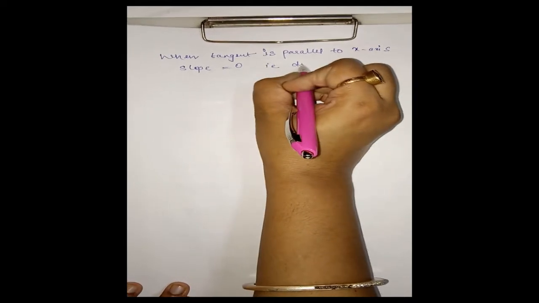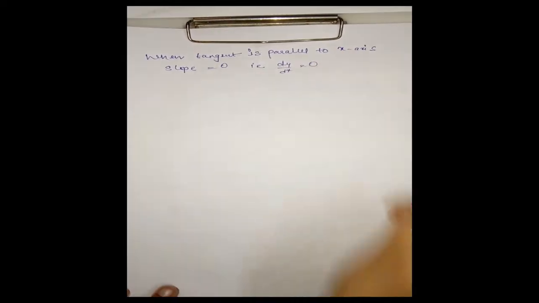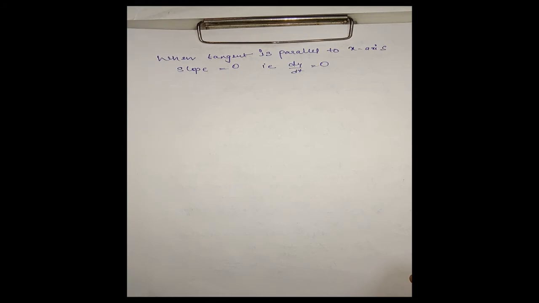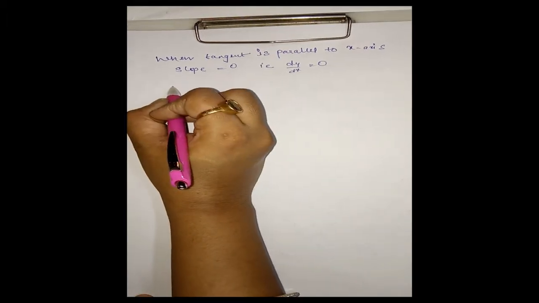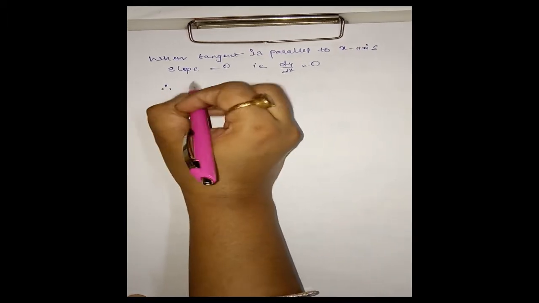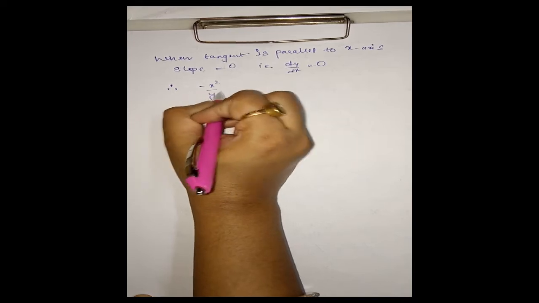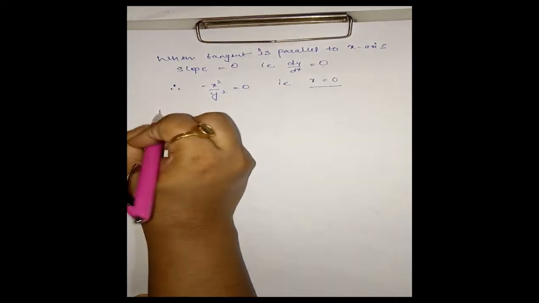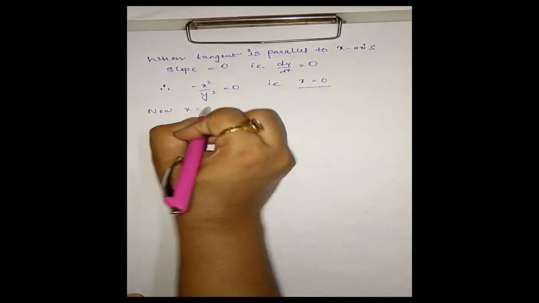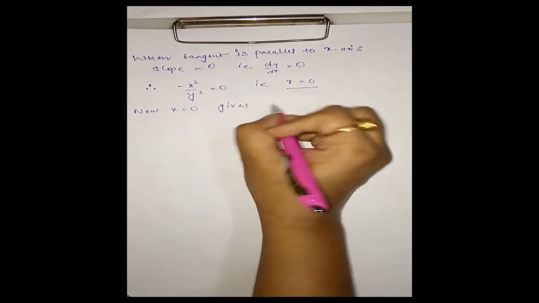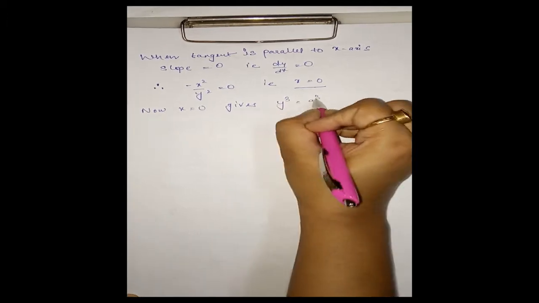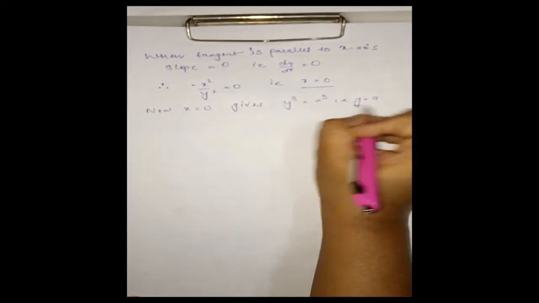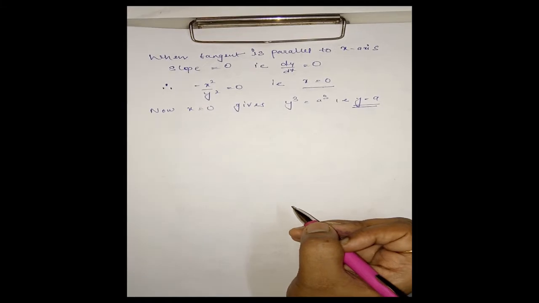Slope, that is dy/dx, is equal to 0. And here dy/dx is -x²/y², so x is equal to 0. Now x = 0 gives y³ = a³, that is y = a. Okay, therefore